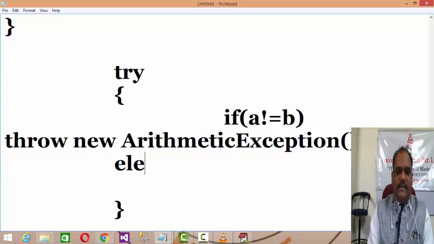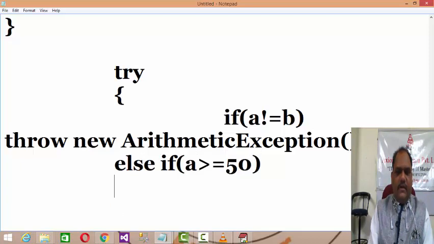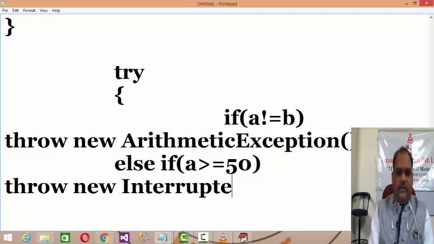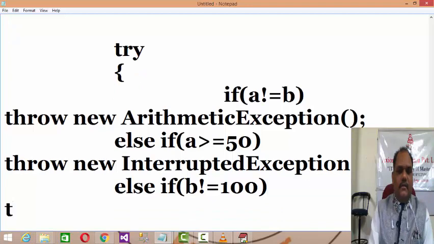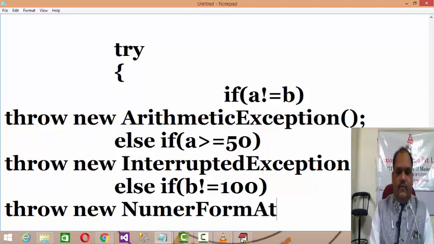Like let's say else if A is more than or equal to 50, whatever the condition is, then you want to throw new InterruptedException, or else if B not equals 100, then throw NumberFormatException.